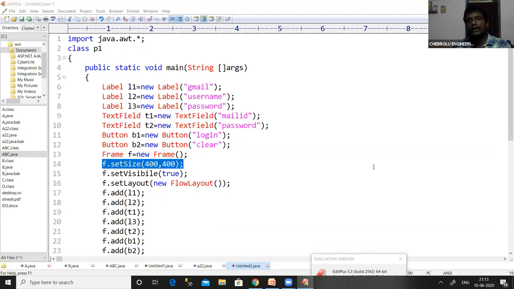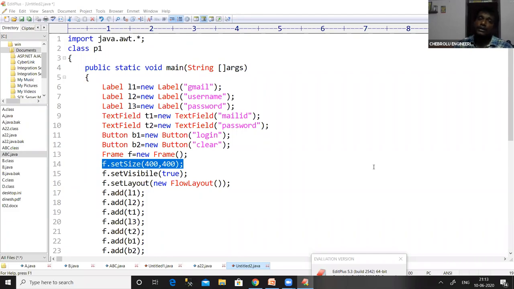The other 99 components will not be displayed because the 100th component is the last one which was added to that particular container. So in order to arrange all the components at particular places, we have to use the method called setLayout. This setLayout method is used to arrange the components at a particular position.